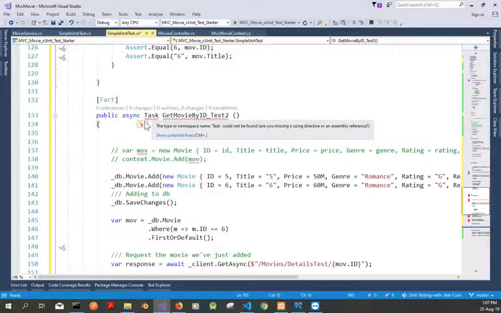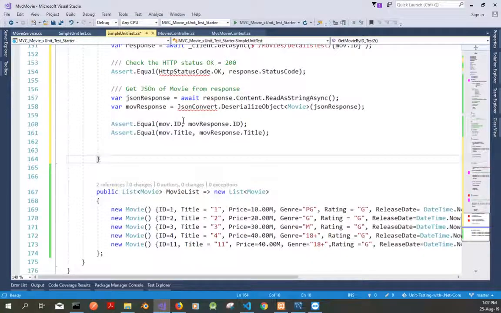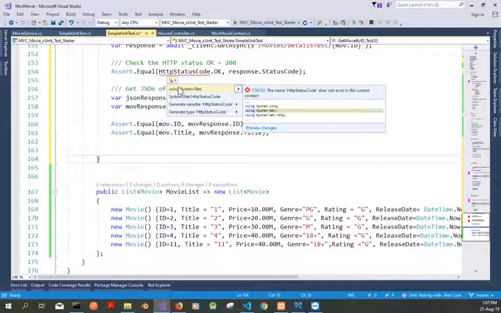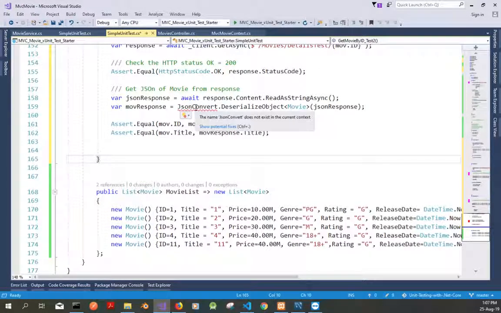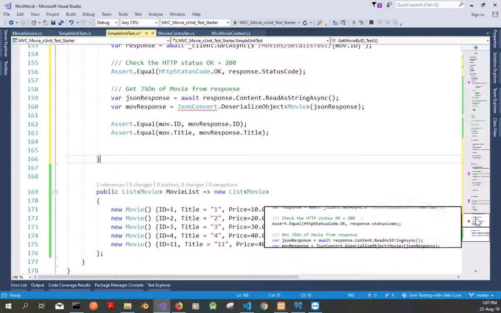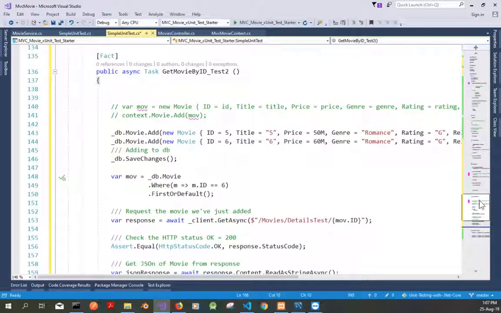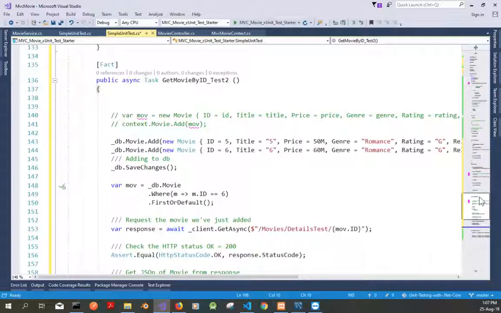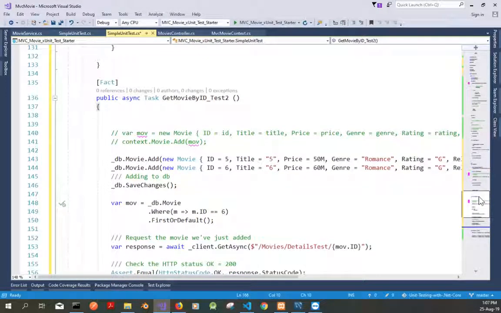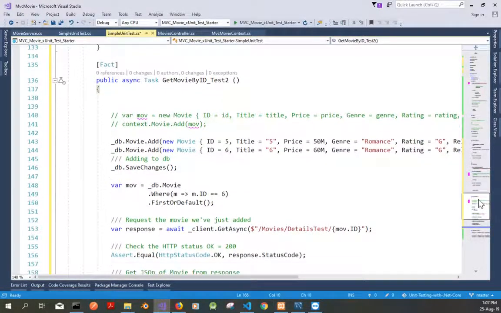Here you need to add System.Threading.Tasks, and you need to add Newtonsoft.Json. Okay, cool. Let me explain what's happening. Here, get movie by ID. This is quite similar to the previous one, but here